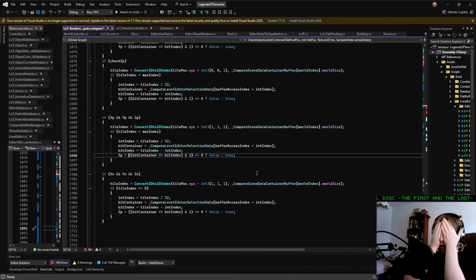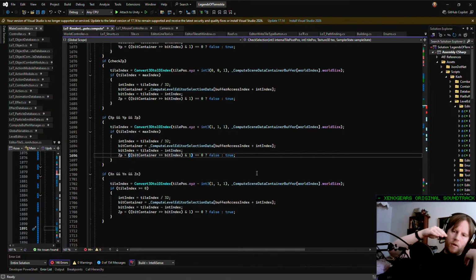Because here we have confirmed that we're in the corner. But just because we're in the corner doesn't mean that we're gonna get a corner, because it could just be the corner of a long straight line. So if this returns true,